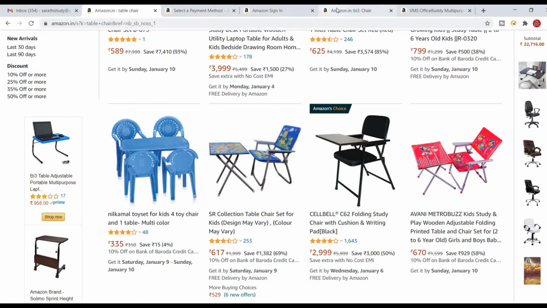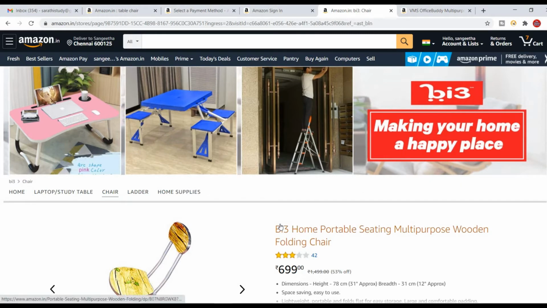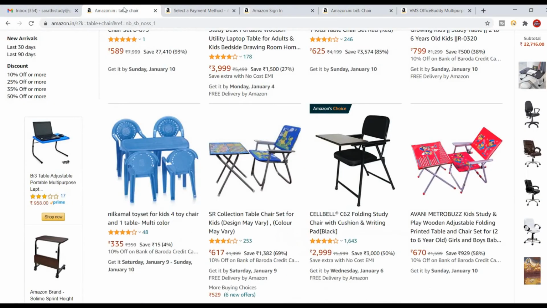And in the same way, BI3 is one third-party tool. So this BI3 will talk to Amazon. In the same way, Amazon also talks to BI3. So what products are available, what colors are available, what price ranges are available, everything will be shown inside Amazon, right? So this is the API doing its action between the two applications.